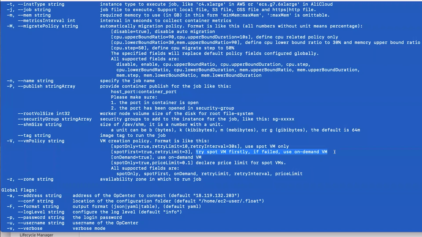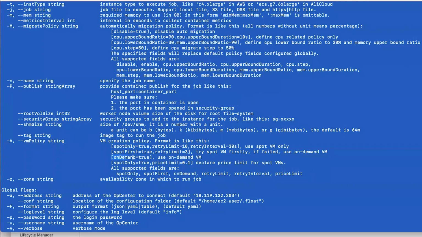So it's quite intelligent in the way that it keeps making sure that, number one, you can launch your job successfully, so you don't wait for a spot instance forever, and then once the job is running, it will keep probing, looking at how it can get back to spot if spot wasn't available in the beginning. So that's the VM policy to be aware of. For the most part, you will probably run this as default, but sometimes you want to make sure that you run spot only, meaning that I would never want to move this instance into on demand,